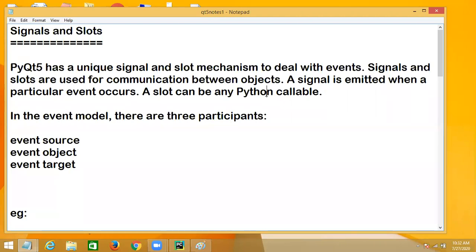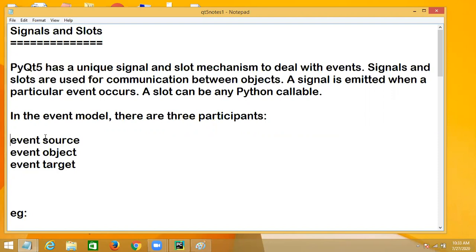In the signal and slot mechanism, there will be three objects: event source, event object, and event target.